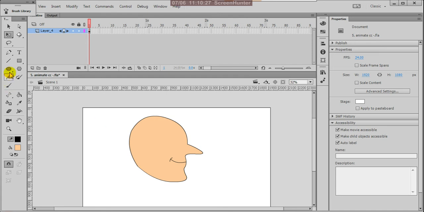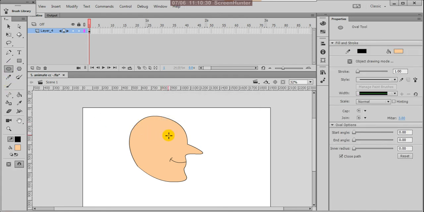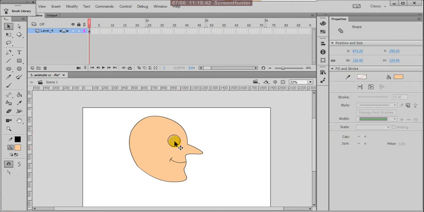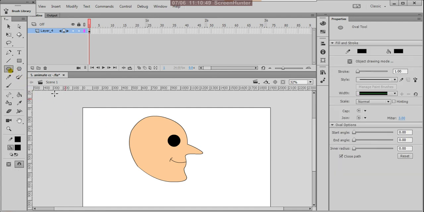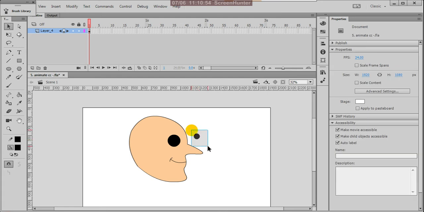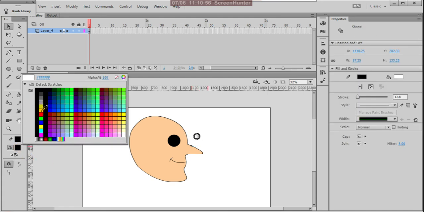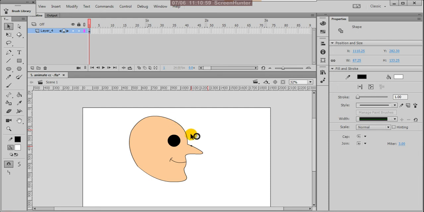Next, again I'm creating one more round shape here, that is for the eye. And here I'll give some different color, black, and again a small curve, and I'm filling with something like white and keeping it there.